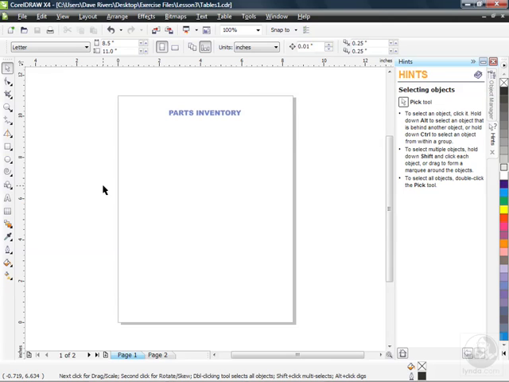So we're going to create some tables now, a couple of different ways using this file that I've already opened up called tables1.cdr. If you've got the exercise files and you want to follow along, you'll find this in the Lesson 3 folder. This is a 2-pager. If you look down below, I'm on page 1, pretty much blank except for my title, Parts Inventory up here. And if I flip over to page 2, you'll notice that I've got the same title at the top, Parts